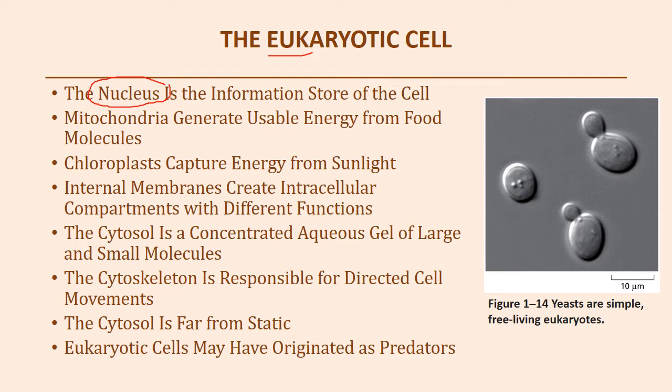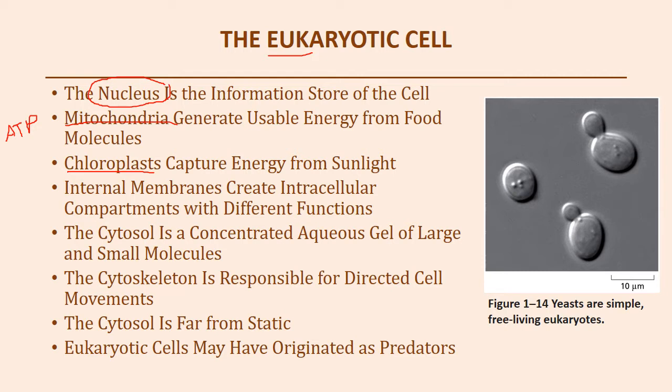The mitochondria is probably one of the most commonly known organelles, and we're going to discuss the fact that it is what we rely on for our chemical energy in the form of ATP molecules. We are also going to be exploring chloroplasts. Now, we don't have chloroplasts. You don't find them in animal cells, but you will find them in plant cells as well as some algae, because that is the organelle that helps with photosynthesis,